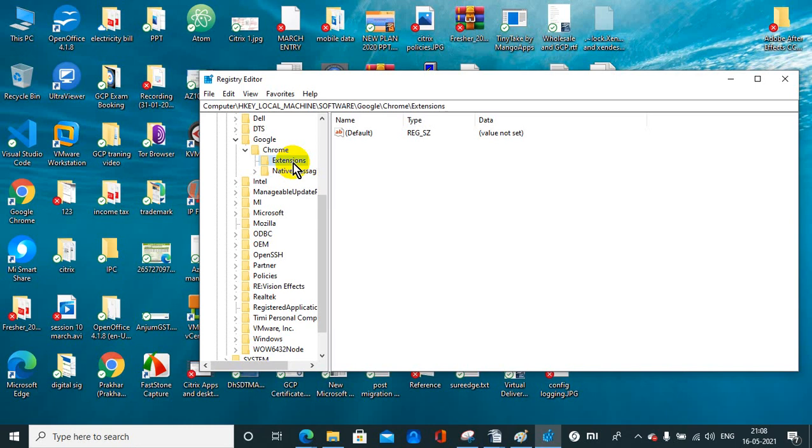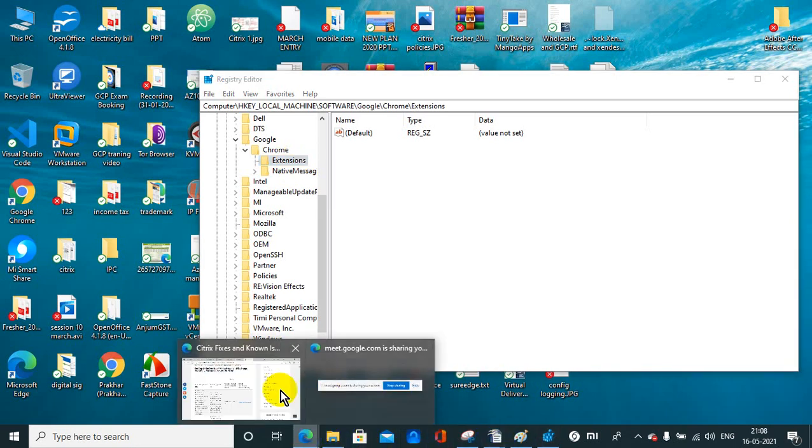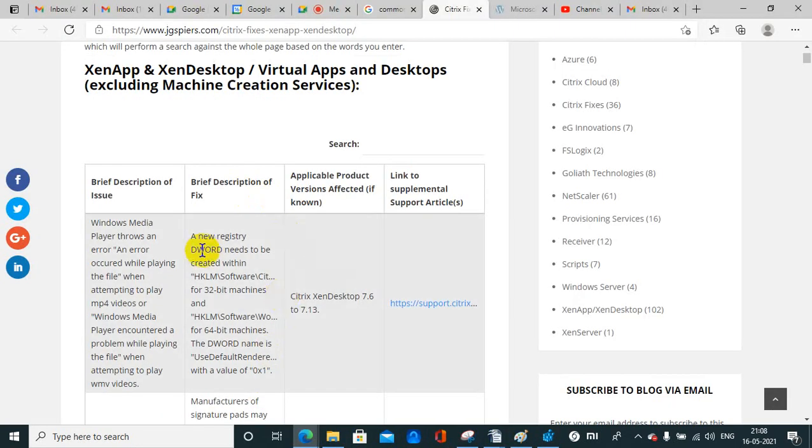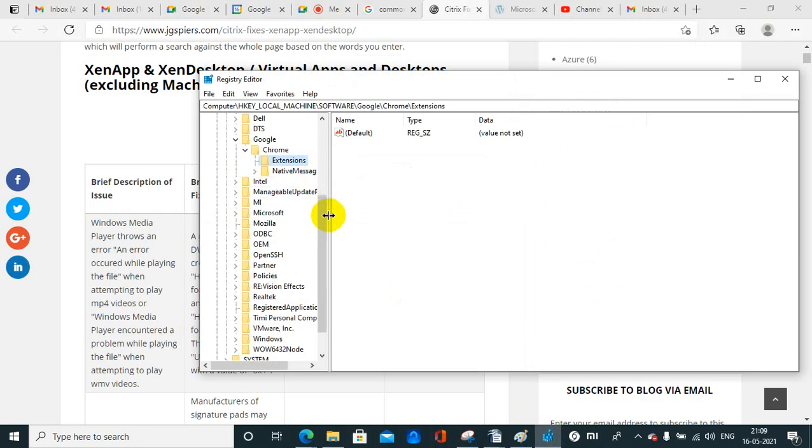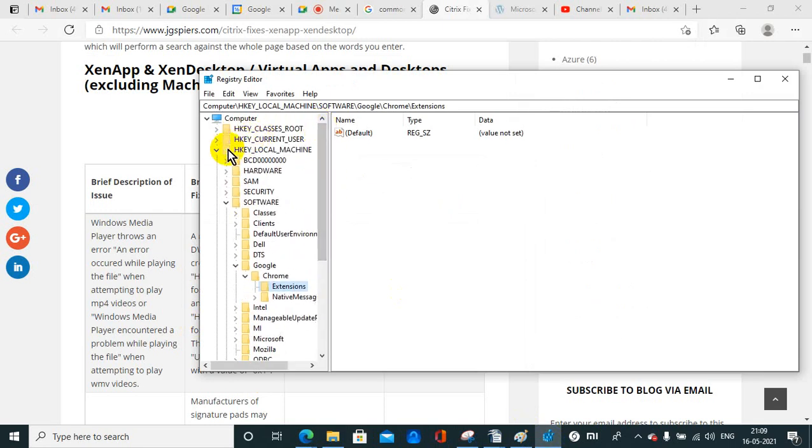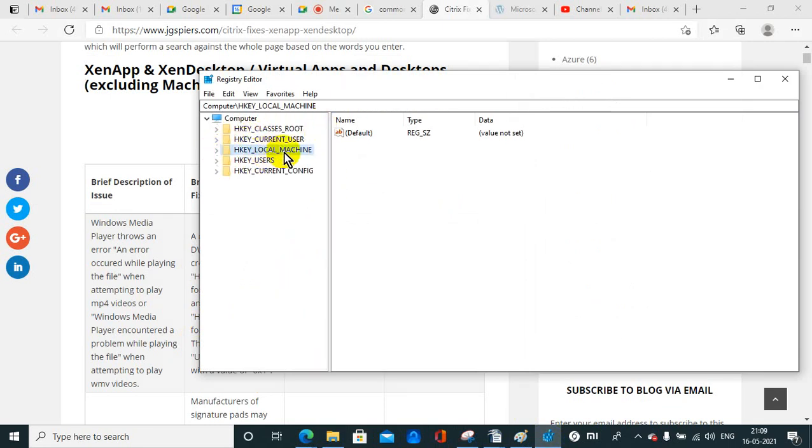That is why I am showing it, because most of the time when you search for troubleshooting steps or anything related to Citrix, it will give you options like HKLM. You need to make changes on the HKLM. HKLM basically stands for HKEY local machine. You are making changes on the local machine.